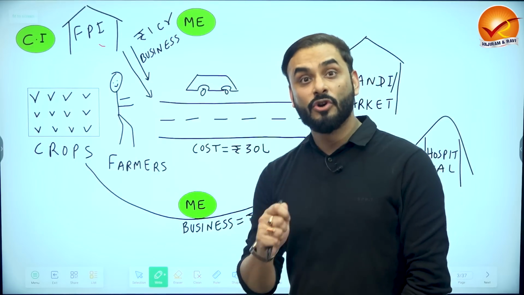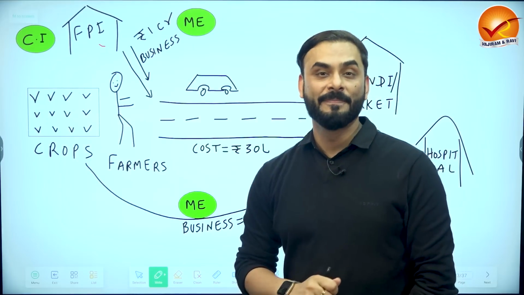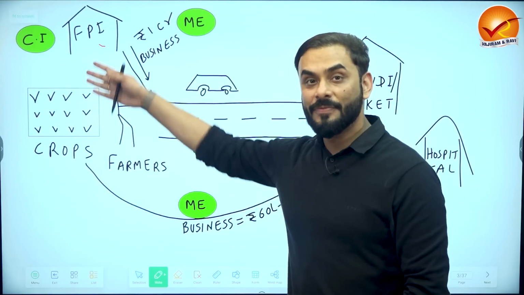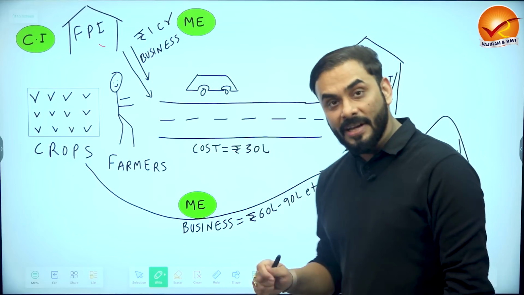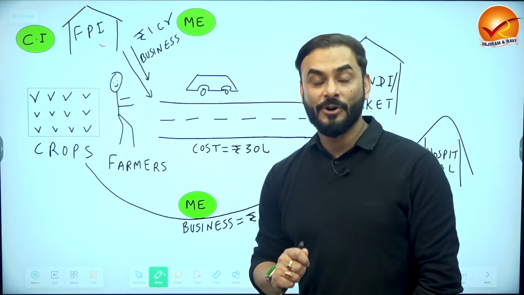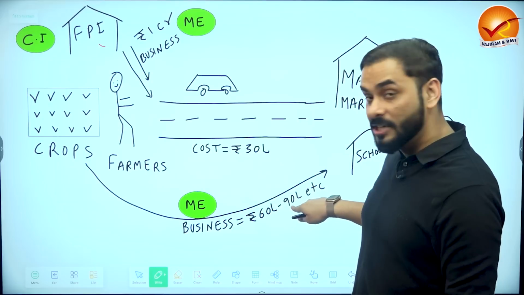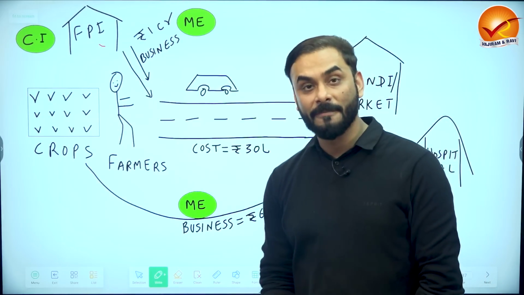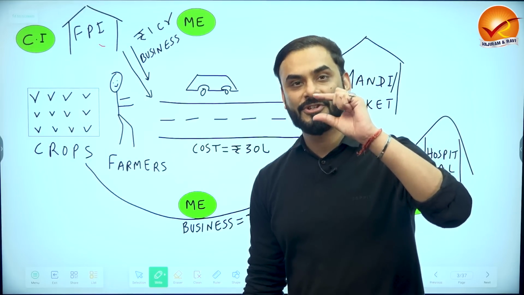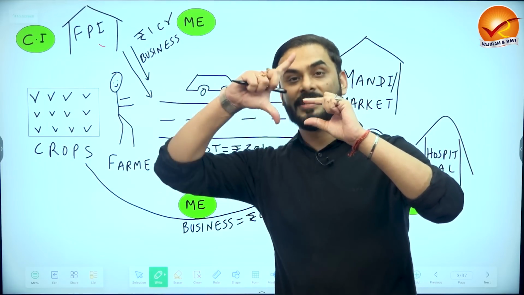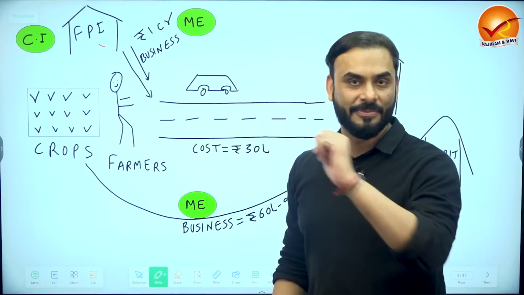Worth rupees 1 crore of business they generated just because there is a road, right? Had there not been a road, this factory would not have been established here, isn't it? So if the government invests 30 lakh rupees on the construction of the road, look at the increase in national income of India, 60 to 90 lakh here and 1 crore here. So if we invest this small amount in the construction of infrastructure, our GDP increases by this much. This phenomenon is called as multiplier effect of investment, right?